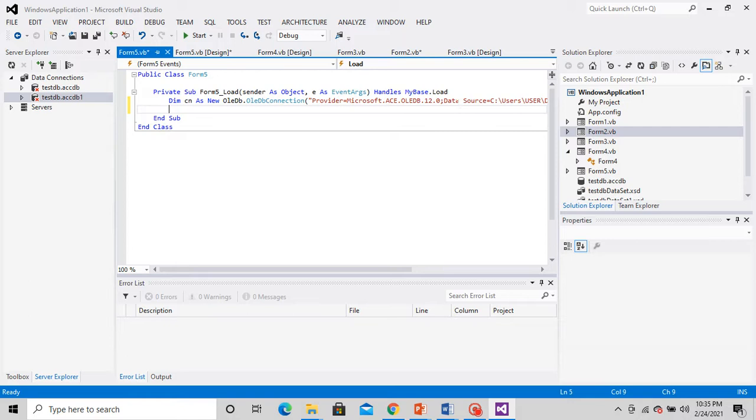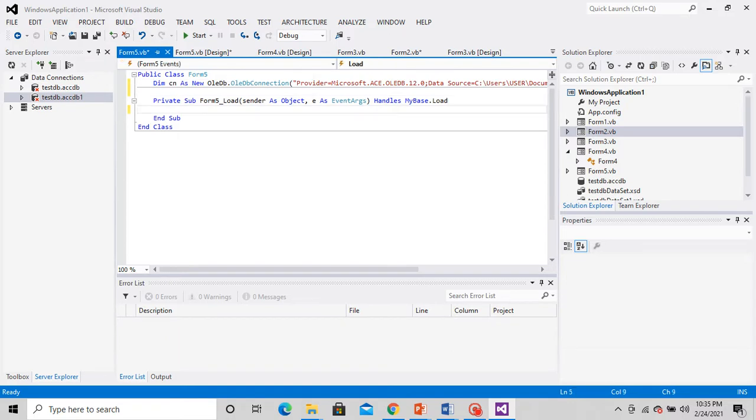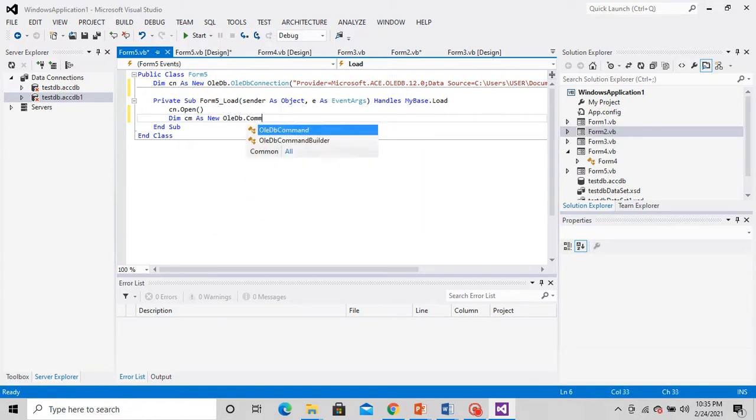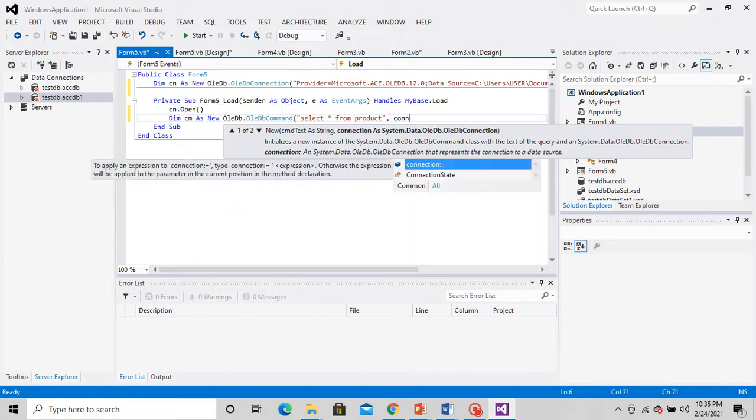Always remember to use your own connection string. So this is the SQL command: select star from product.